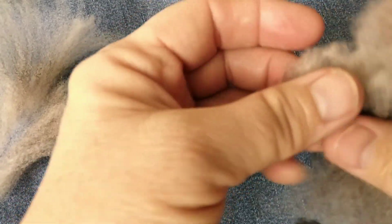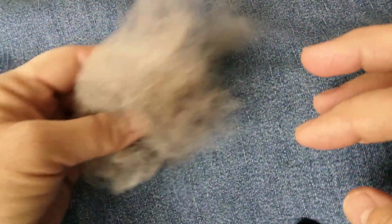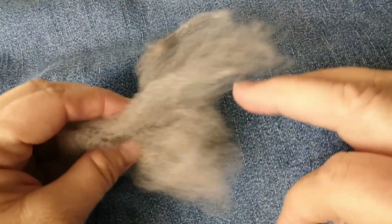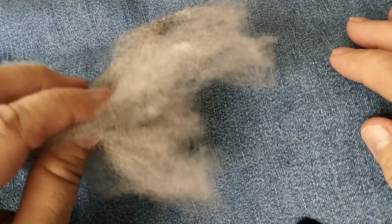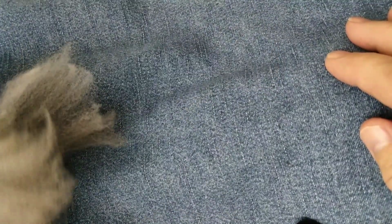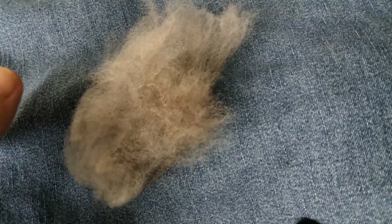Then I'm curious to see if I should have been a little more vigorous with the flick carding right there. So this is going to be interesting to see. You know, it's not something I would want to do with a big fleece, definitely, but it actually does go pretty fast. Here's another lock that's